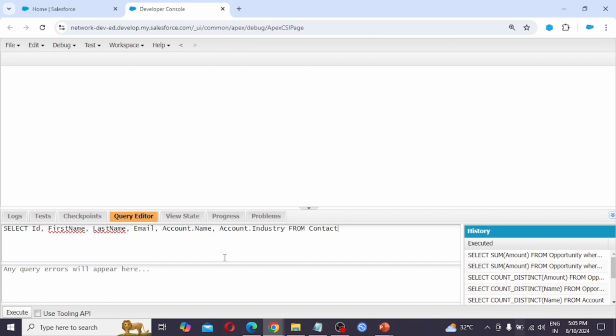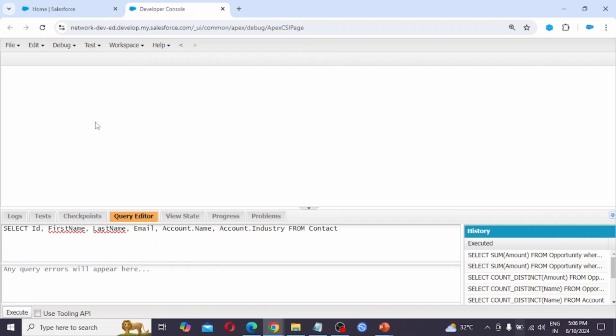Second, let's see child to parent. We need to write the query like this: select Id, FirstName, LastName, Email, then the parent object name Account dot Name, comma, Account dot Industry from Contact.